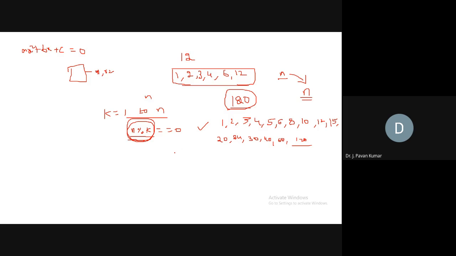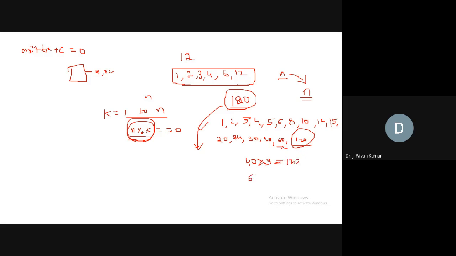Okay. Now consider any number, like 120 itself. Can we have a factor for 120 after 60 other than 120 itself? Try to understand. Is there any possibility? I will give one simple clue here. Just 40 is a factor. How can 40 be a factor? 40 multiplied by 3 is 120. That's why it is a factor.